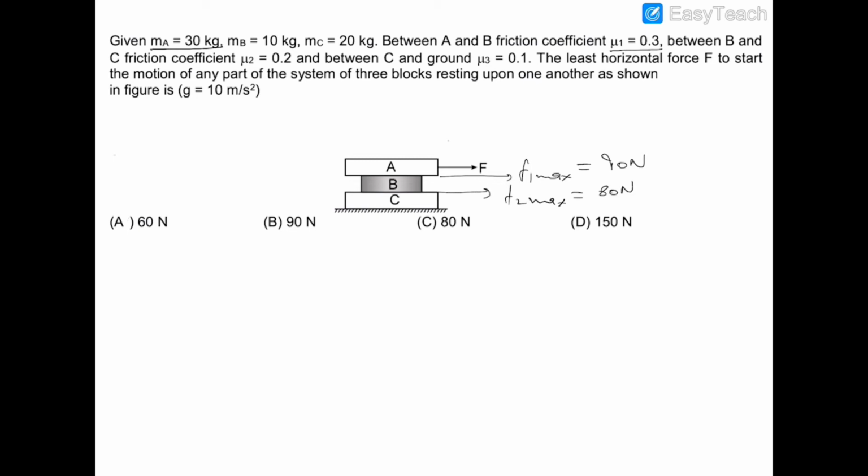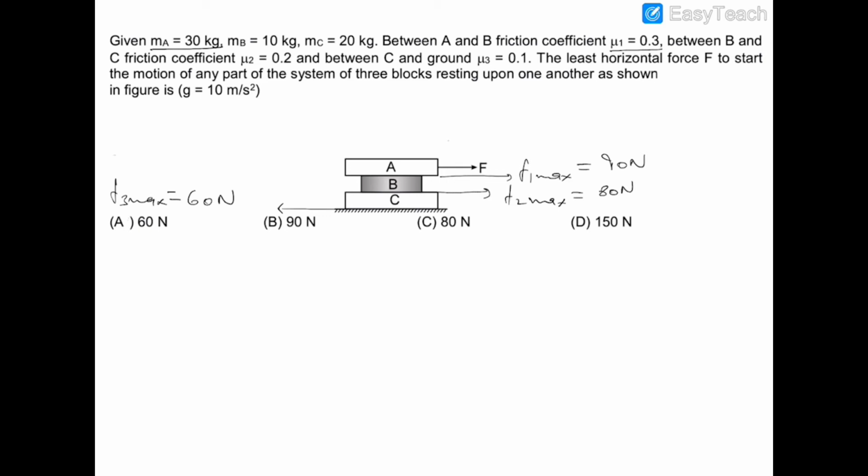And for this surface, the normal reaction will be due to all three masses. So 30 plus 10 plus 20 is 60, and the coefficient of friction is 0.1. So 60 into 0.1 into G is 10. So it is 60 newtons. F3 max. Now if we apply at least 60 newtons, then sliding will occur and the system will move together,